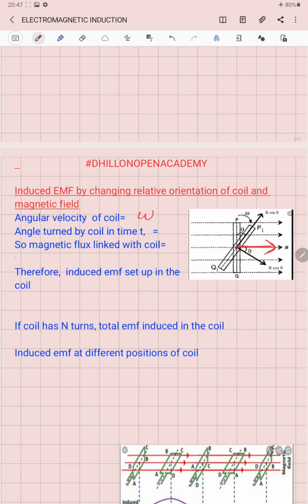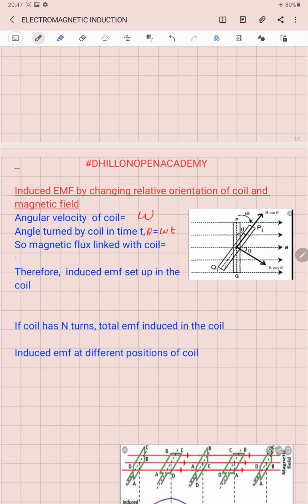then during its rotation, suppose it turns an angle theta in a small time t. That angle theta will be equal to omega into t, using the definition of angular velocity. Now, when the coil turns in the clockwise direction by an angle theta, the normal to the surface of the coil will also turn by the same angle theta in this direction. So, in this case,